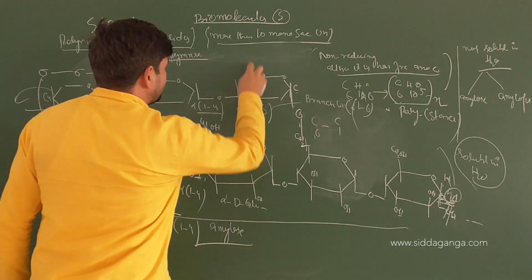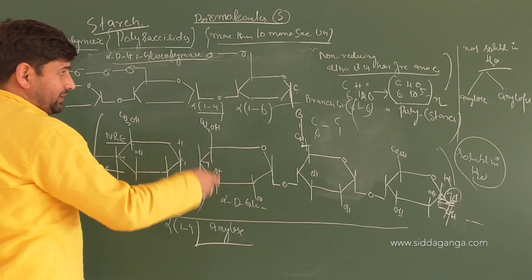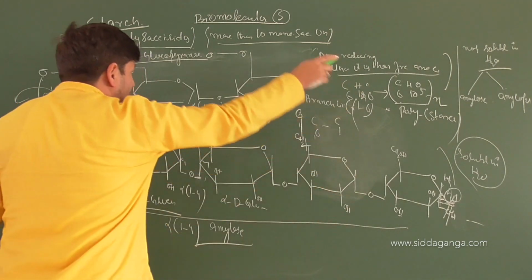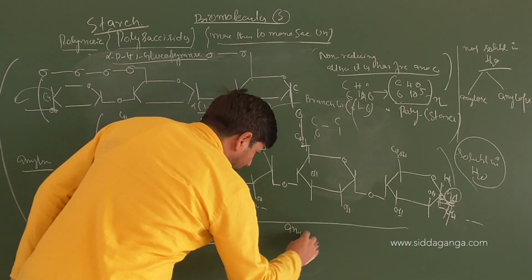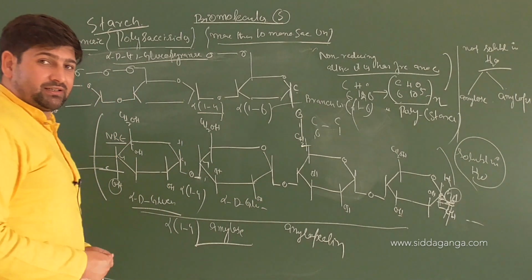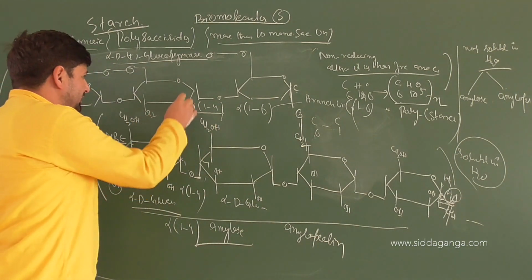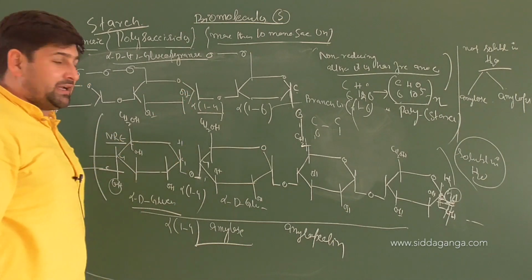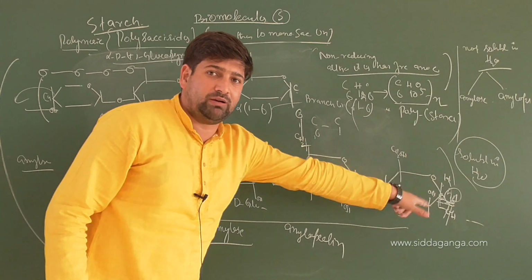You can continue the chain at the 6th end or not? Yes. This branched chain that now comes into play on the whole is now called amylopectin. Now what will happen by that? One is branching will come into play. The OH groups which are present will hide themselves. As they get hidden, hydrogen bonding with water will not come into play, so solubility in water will decrease.